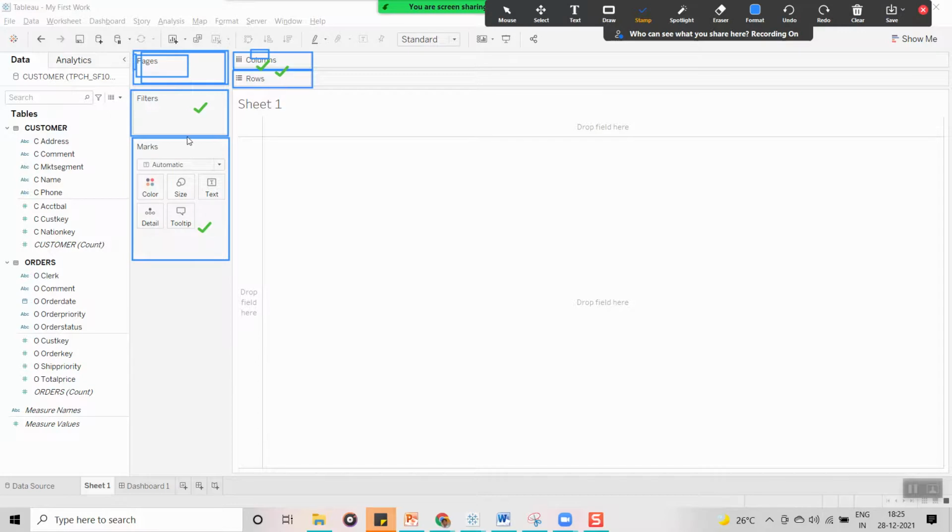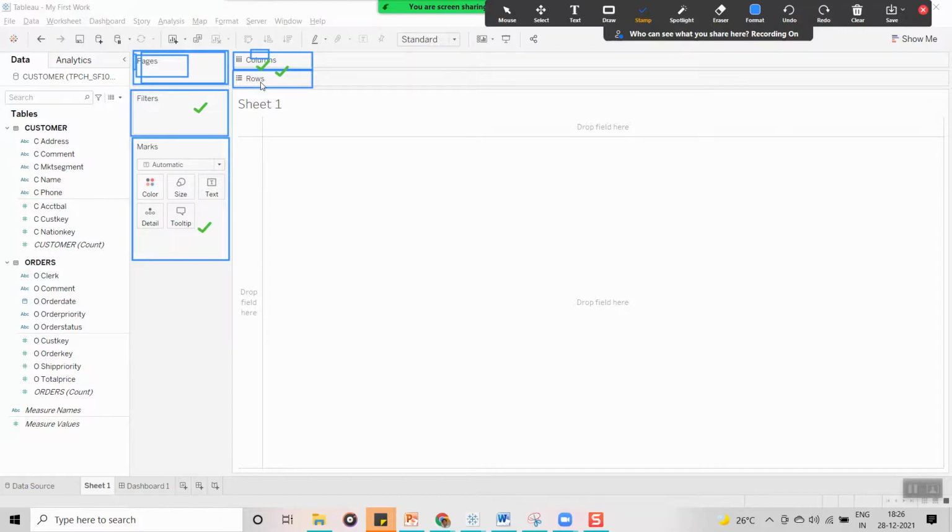The column shelf and row shelf tell you how you want to represent the data, which fields you want to show column-wise and which row-wise. You know that in a database, data is stored in rows and column format. The same way, the rows and column shelves help you organize the data.